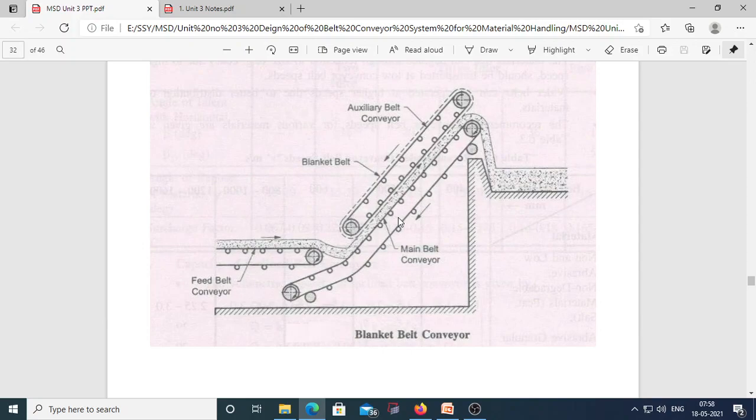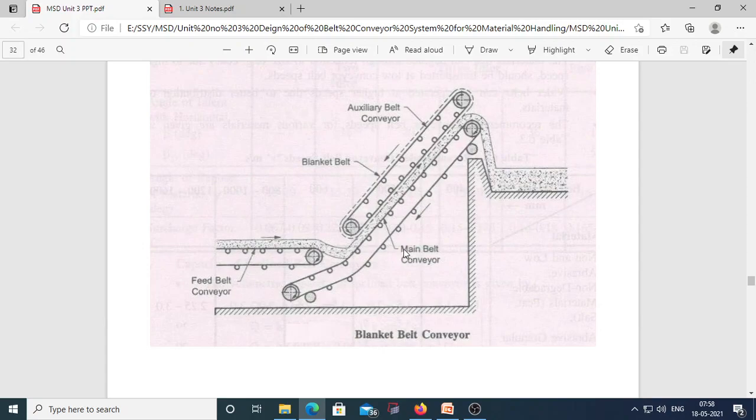Okay, then what are the advantages of the blanket belt conveyor? We have seen the flat belt conveyor and the trough belt conveyor. Both of these belt conveyors cannot be used for an inclination of more than 35 degrees.